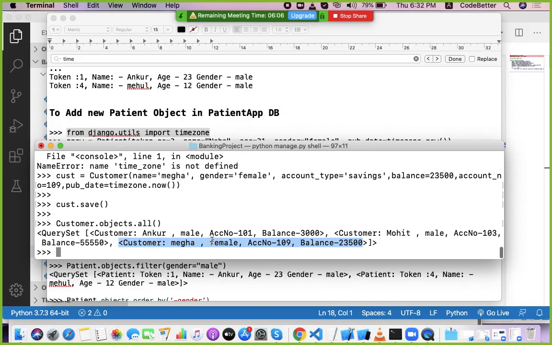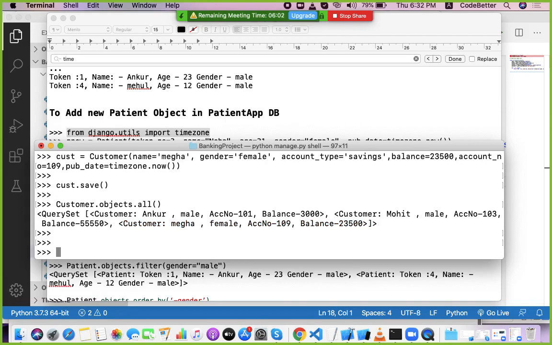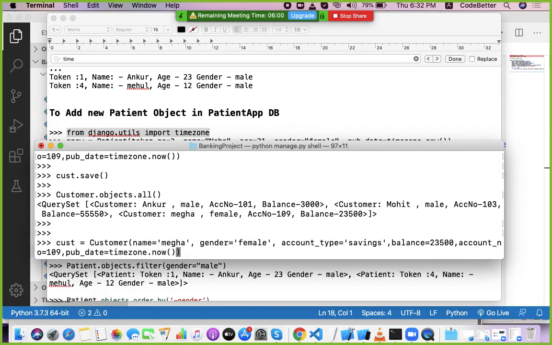yes. In the same way you can create a new object. Let's say another customer, Manish, male, savings, balance 780, account number 191, publication date the current date.